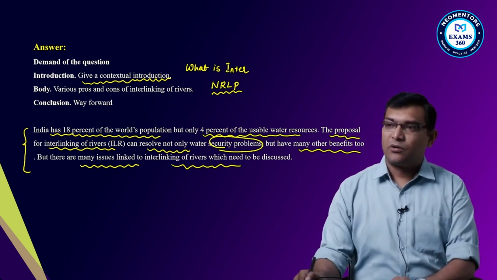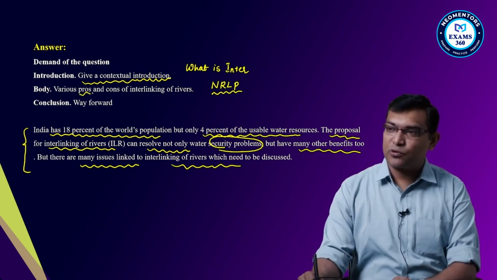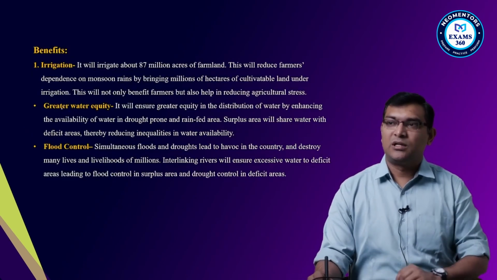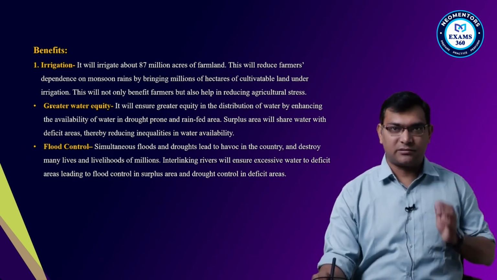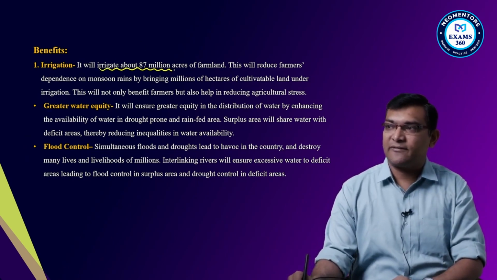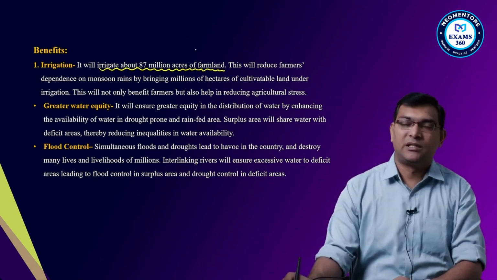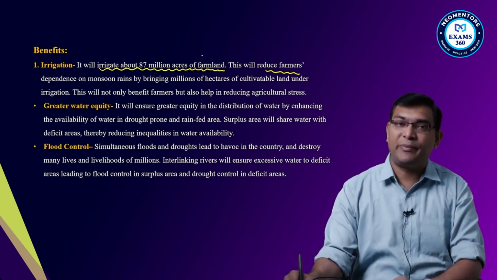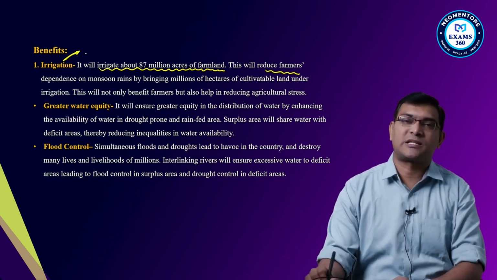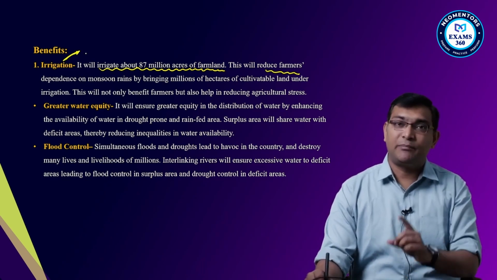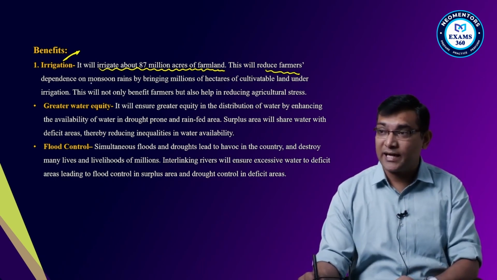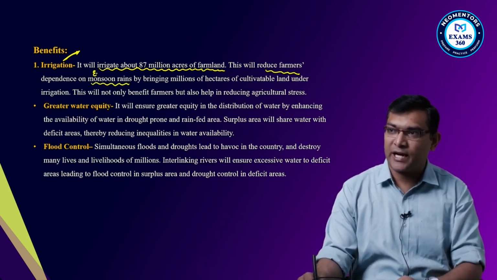Then we have to write in the main body the pros and cons of interlinking of the rivers, and then the way forward. What are the benefits? First, irrigation. Yes or no? It will irrigate about 87 million acres of farmland. This will reduce the farmers' dependency. So simply it is nothing but improvement in the irrigation system. Number one point. And because of this interlinking, the dependency on erratic monsoons, because our monsoons are erratic in nature,